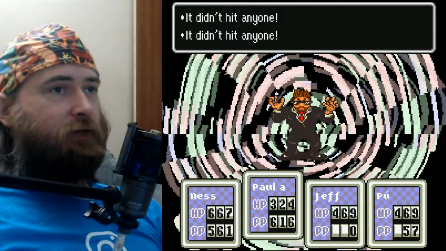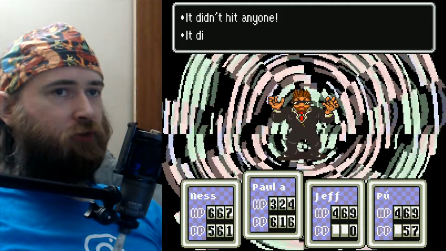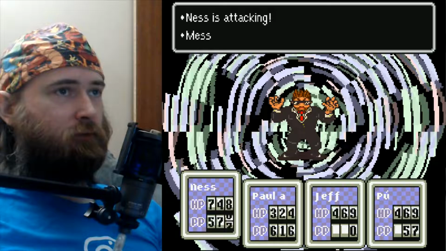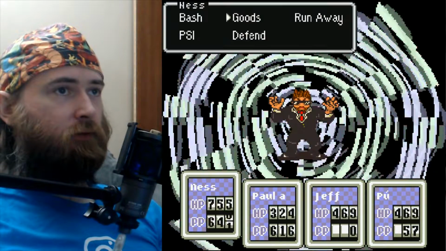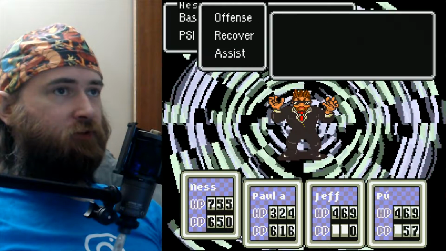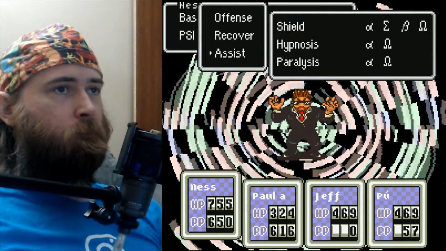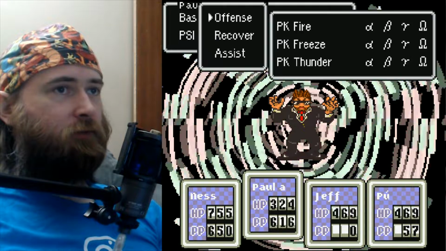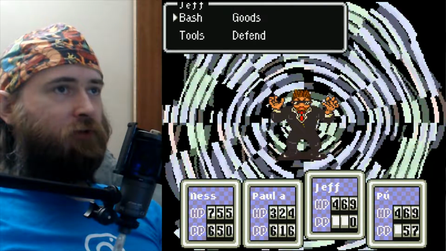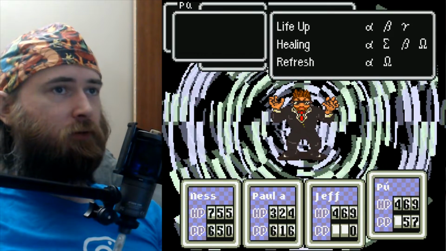We're not really gonna have to sweat a ton until all the teddy bears are gone. But there's still, like, I don't know, 12. Well, Ness has 4. Paula still has... We have 14 left. So that's 14 free turns. Well, I mean, plus drain turns, but...